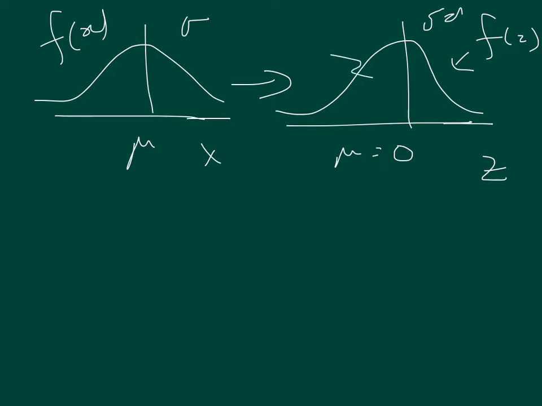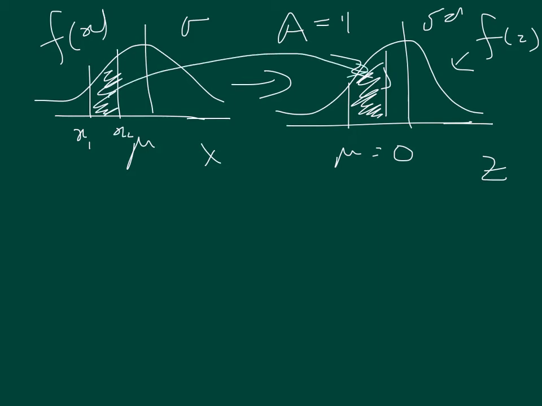And the area under this curve, the entire area, happens to be 1. So it means that anything that is a part of that distribution is less than 1. So if I wanted to know the probability of being between x1 and x2, then what I needed to do is to figure out, let's just take that same shape, map it over to